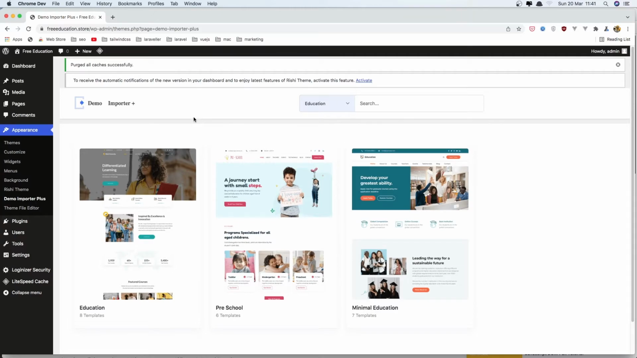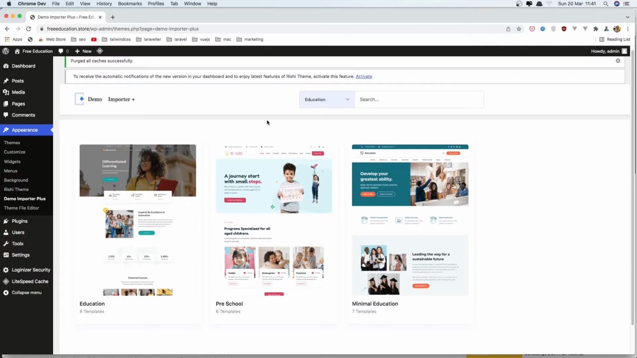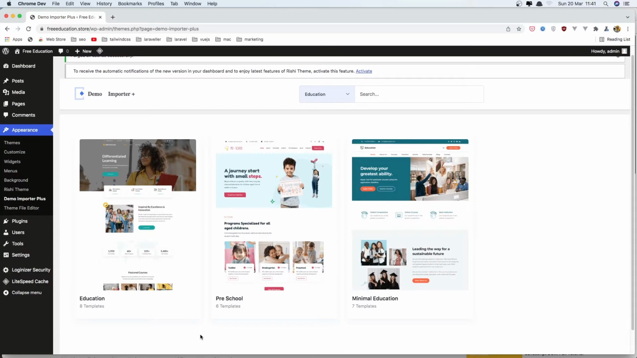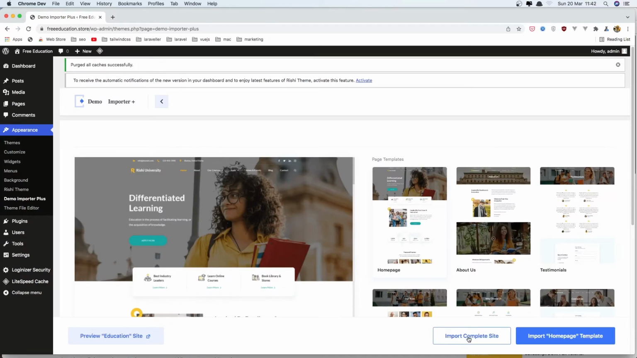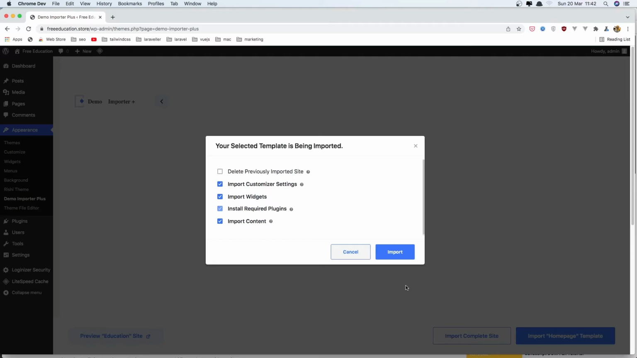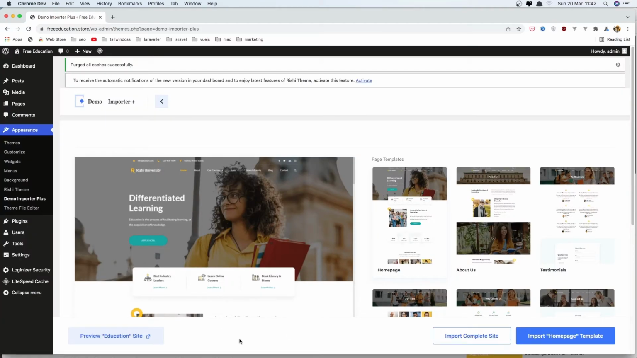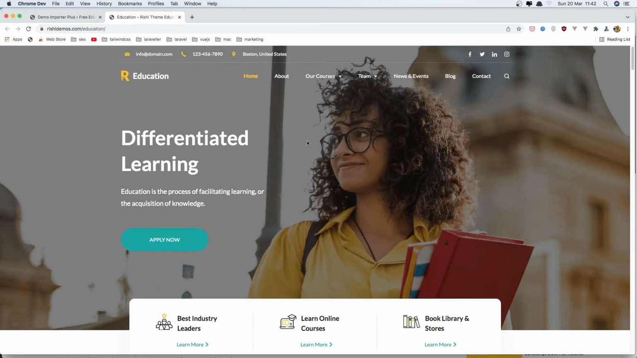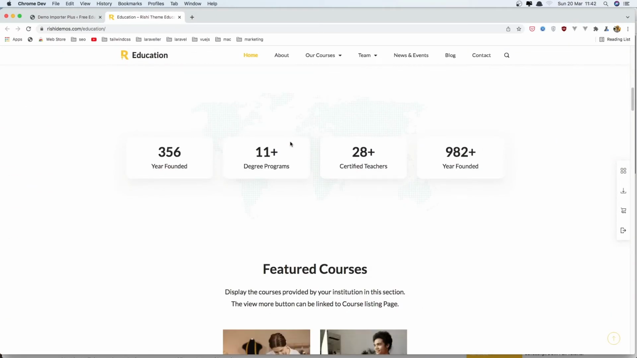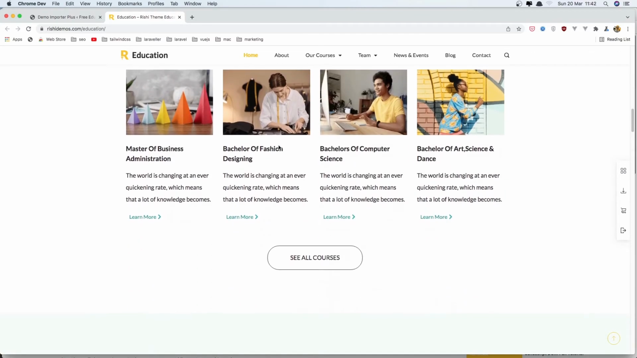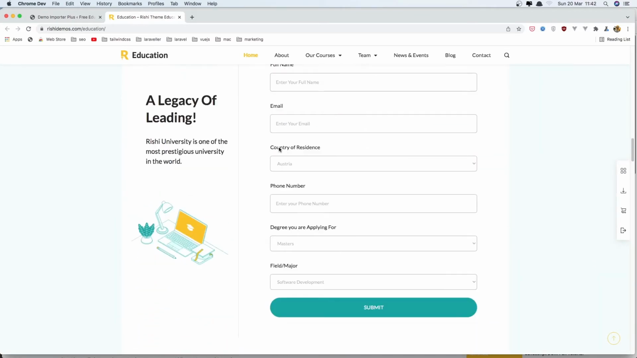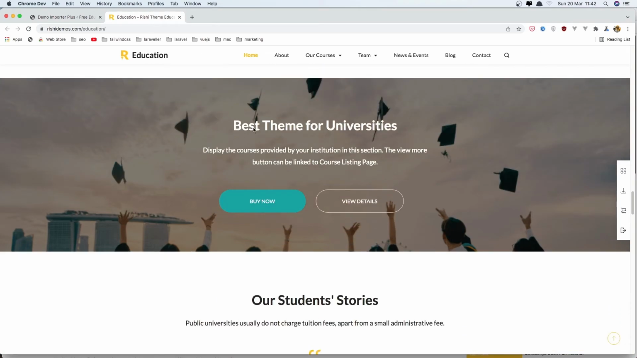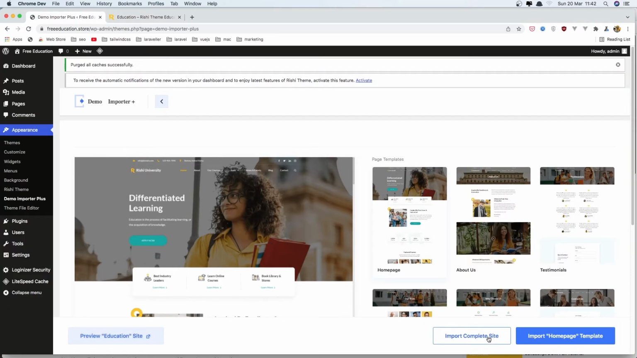And here we have, now you can choose one of them. Let's say I want to choose this one. Sorry, import the complete site. And here you can preview the site. So let's see how it's going to look. And it's looking something like this. Here we have courses and I think it's okay. So let's import the complete site